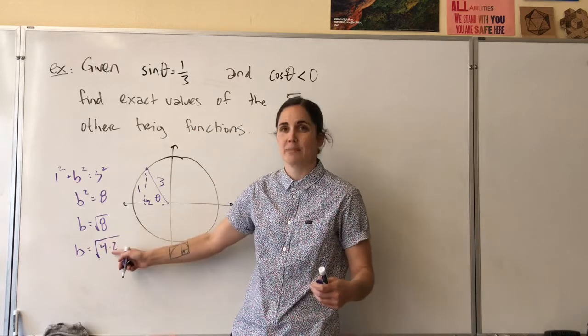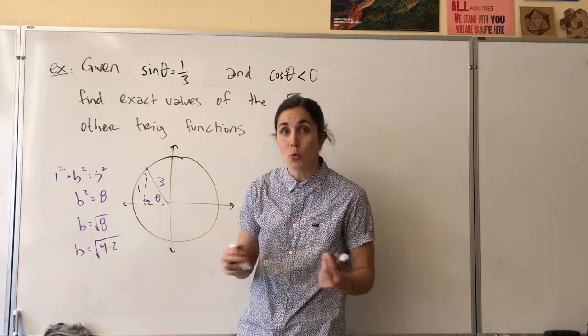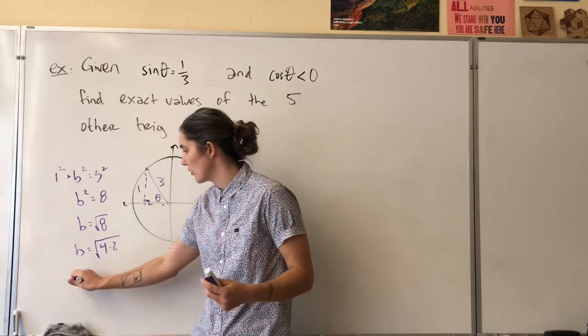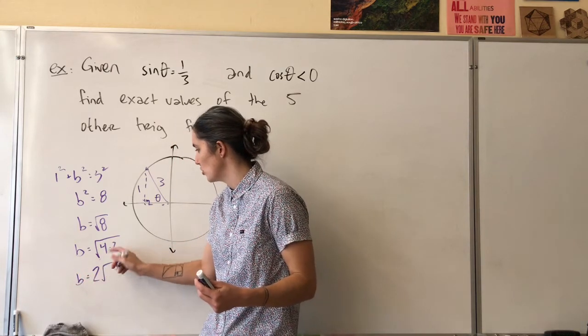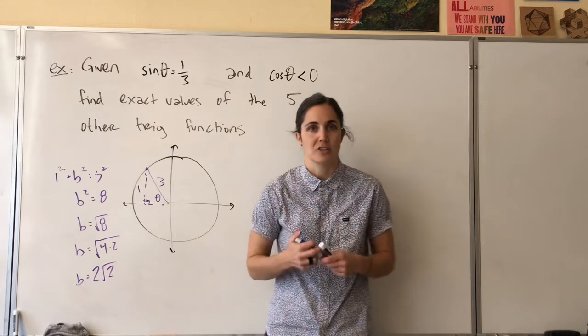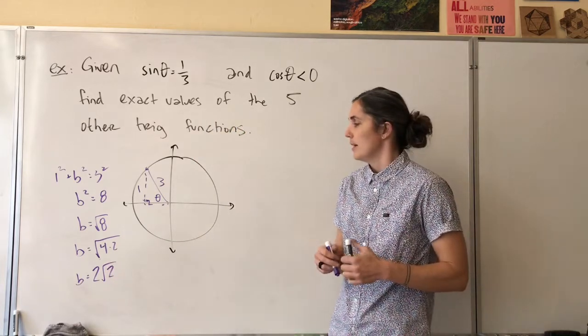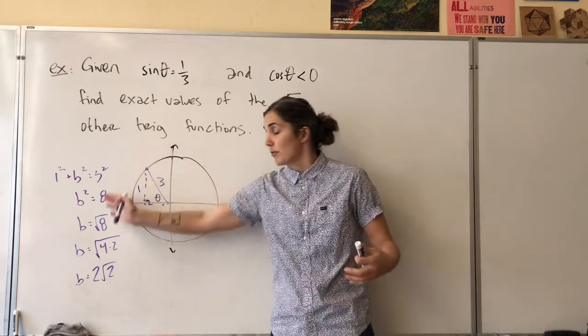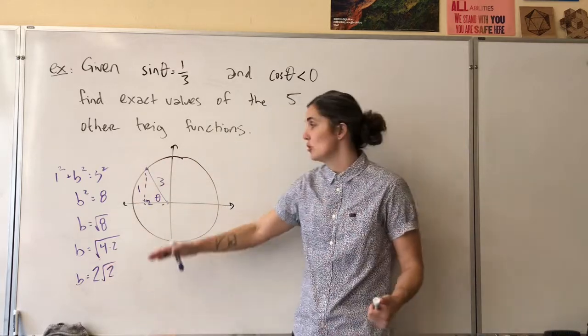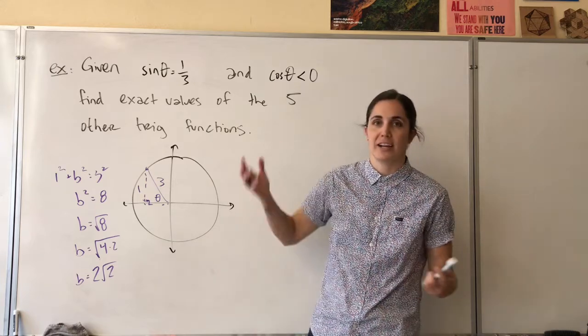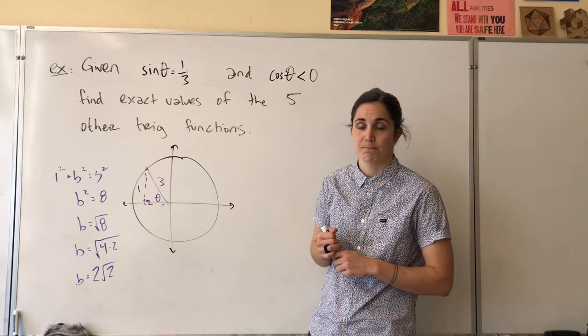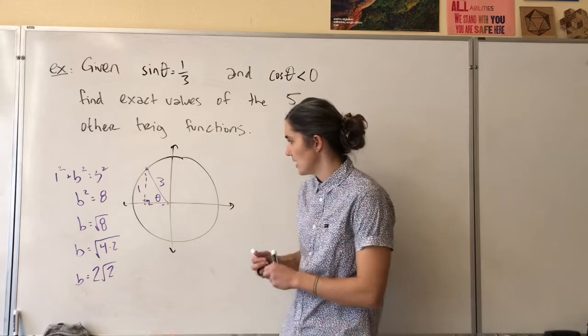Since square root of 8 can be written as 4 times 2, that means we know what the square root of 4 is. The square root of 4 is just 2, and then the other 2 is still left chilling under the square root. So this simplifying square roots, something you can do to find your missing side, which then allows us to find the other values. Since this missing side is 2 root 2,